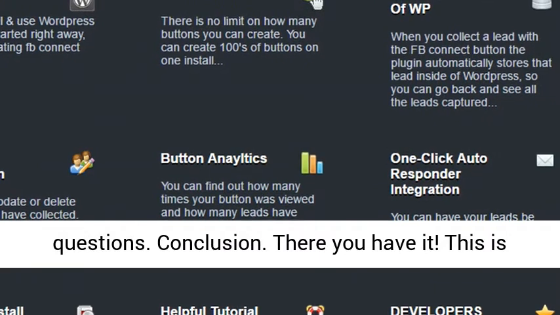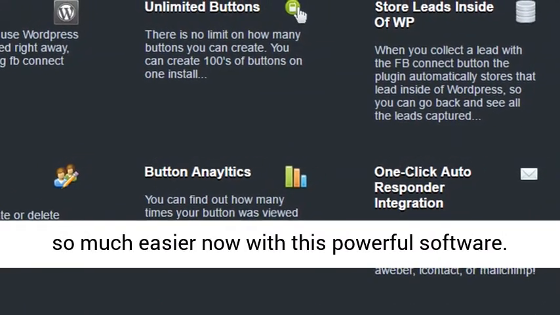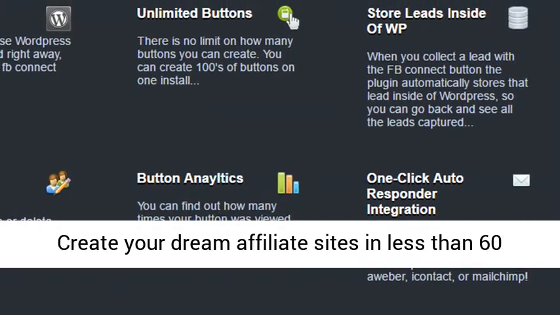Conclusion: there you have it. This is so much easier now with this powerful software. Create your dream affiliate sites in less than